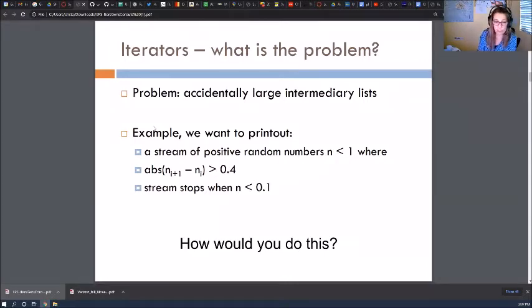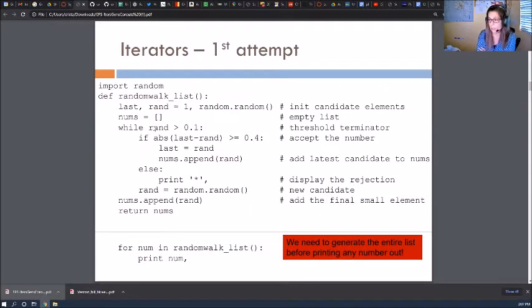So here's the first approximation for doing this in Python. Here's the definition of a random walk list. It has local variables, so we initialize the candidate elements. We have some last and some rand, some random number generator. And you're going to hold the sequence of these numbers in this list.